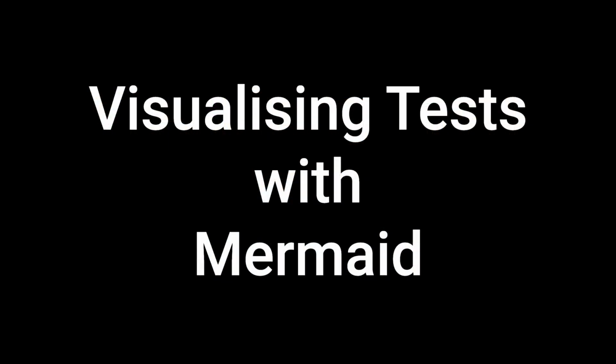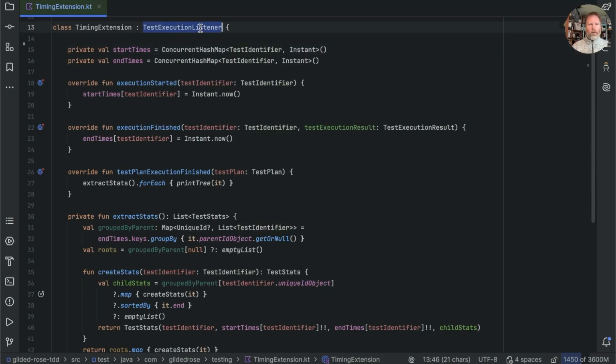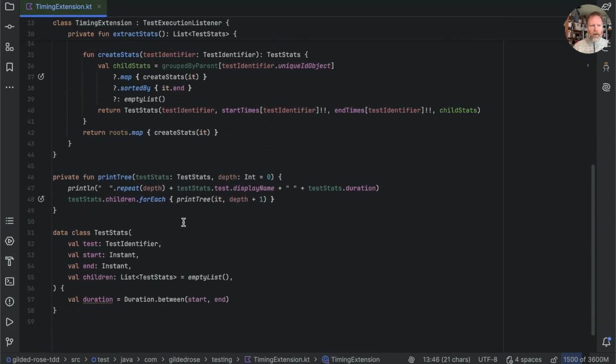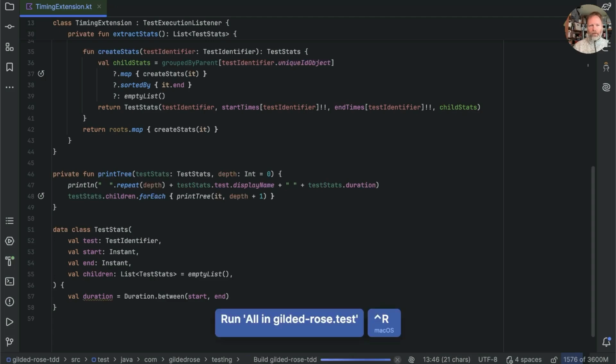The devil is in our data. In the last episode, we built this timing extension, which is a test execution listener, which squirrels away the start and end times of tests that JUnit is running, actually containers for tests and then tests themselves, and then builds a tree of these test stats here so that we can see how long everything took to run. And if I run the tests,